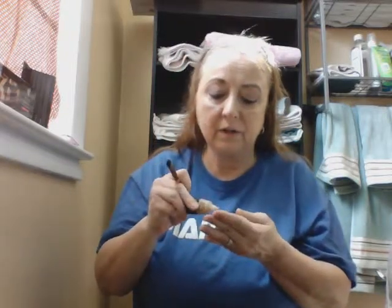Now, what I really need is a good powder to set it. Again, gosh, I just can't buy everything. So what I think is priority and what is are two different things. All right, so I'm going to use a little bit of concealer because I really, really need some concealer. So I'm going to put that on this brush. I really need to get me some more brushes too. So I'm going to put a teeny, teeny bit on, and I'm going to put it on this finger first. And then